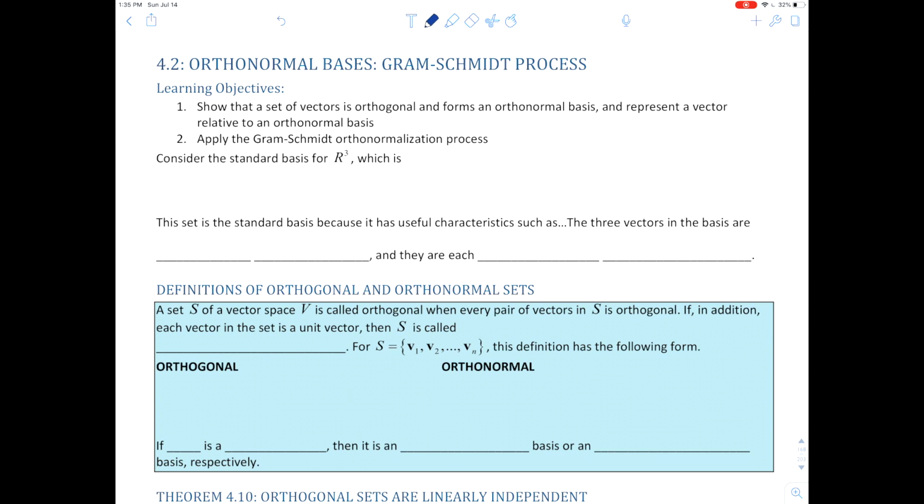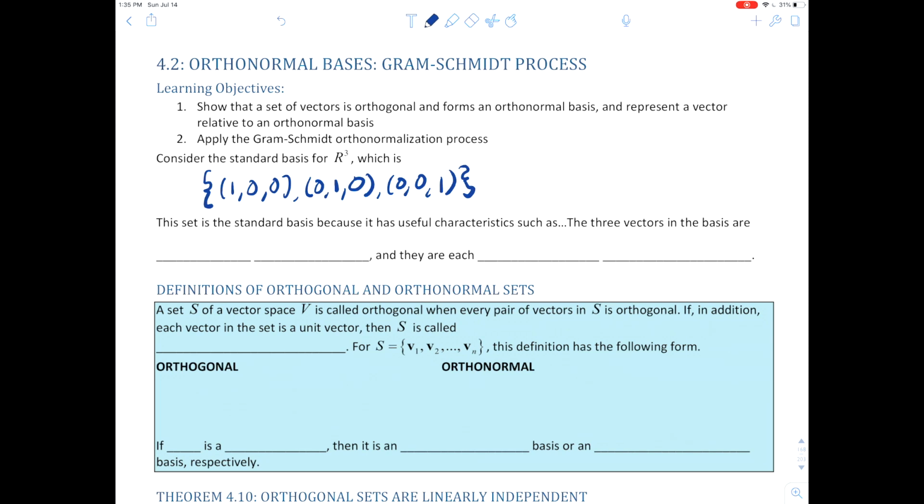Consider the standard basis for R3, which was what? Do you remember? Beautiful. (1, 0, 0), (0, 1, 0), and (0, 0, 1). Cool? All right. This set is the standard basis because it has useful characteristics such as the three vectors